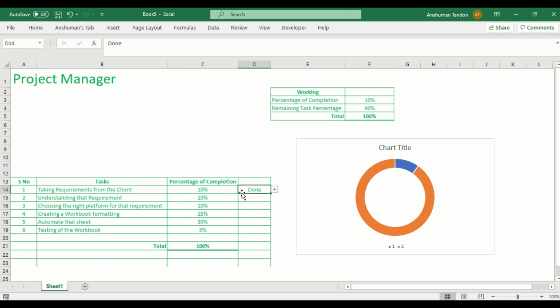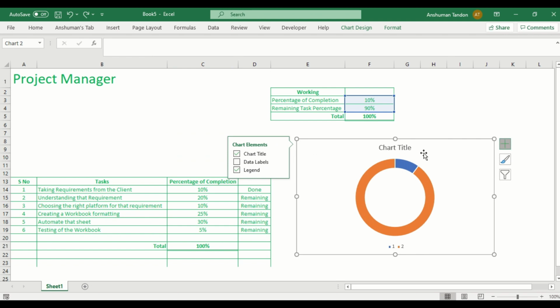So now if I will put done over here, you can see that this donut chart is filling with the blue color as whatever I am putting in it. If I will put remaining into all these cells, all it will do that the 90% portion is remaining and 10% is done. If I will change it to done, you can see that the chart is automatically running with it. So now what I can do is I can just simply put this chart over here, or I can do some working in it.